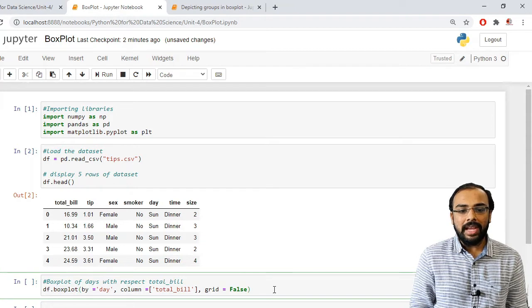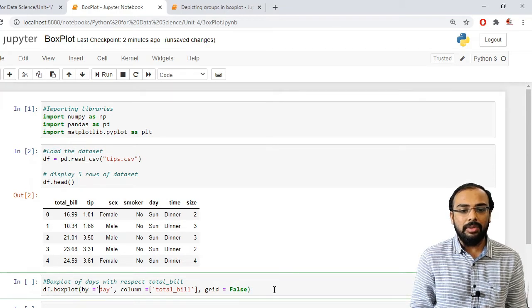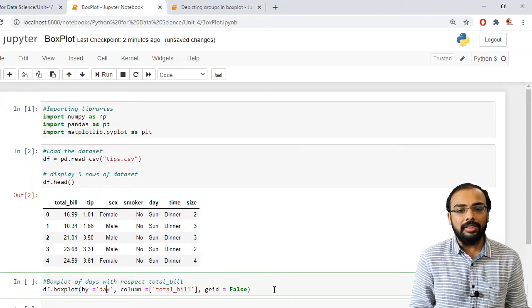With the help of day I want to create this box plot. The first attribute will be by, and inside this I am assigning the value day. I want to plot this day with respect to total bill, so I have to consider the column total_bill.